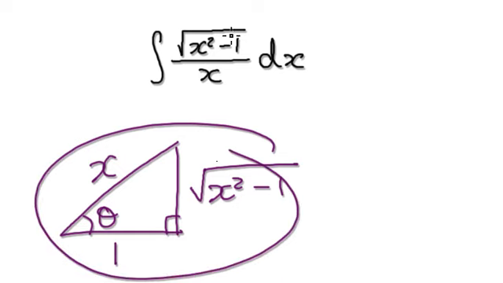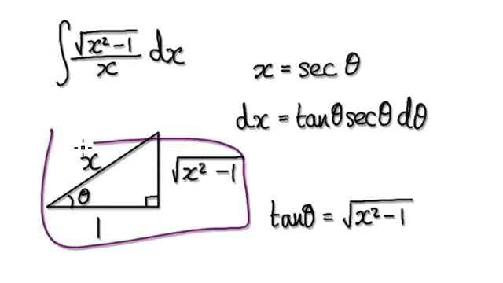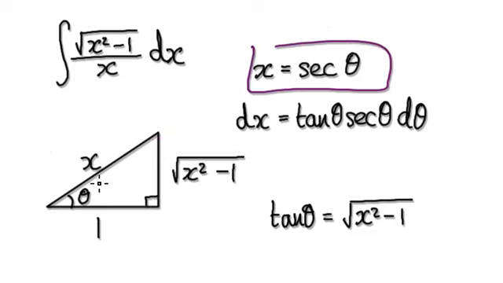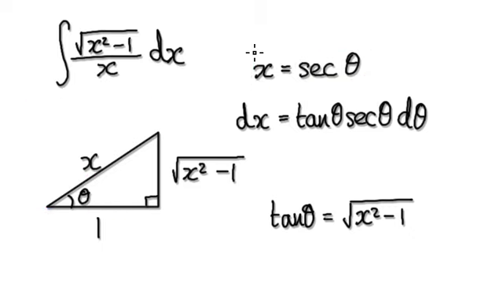So once you've got your triangle, then you can say x equals... well, look at this here. This here is your secant of theta. So you can say x equals secant of theta, because secant of theta equals the hypotenuse over the adjacent, which is 1. So you can make this statement here. Well, if x equals the secant of theta, then dx equals...